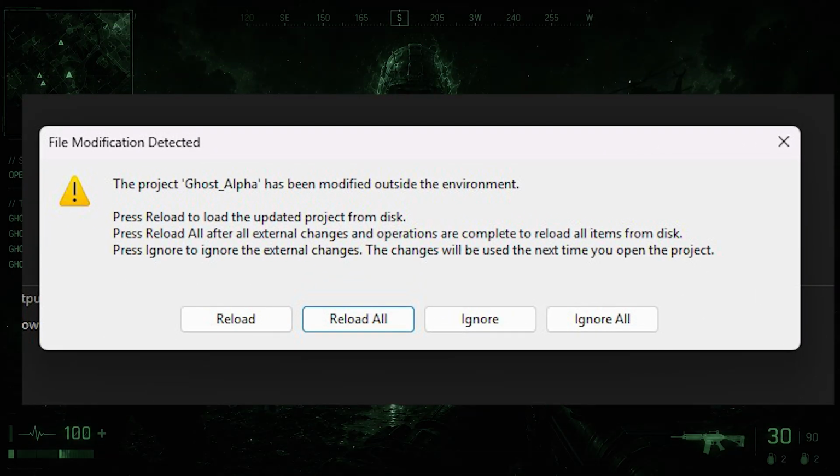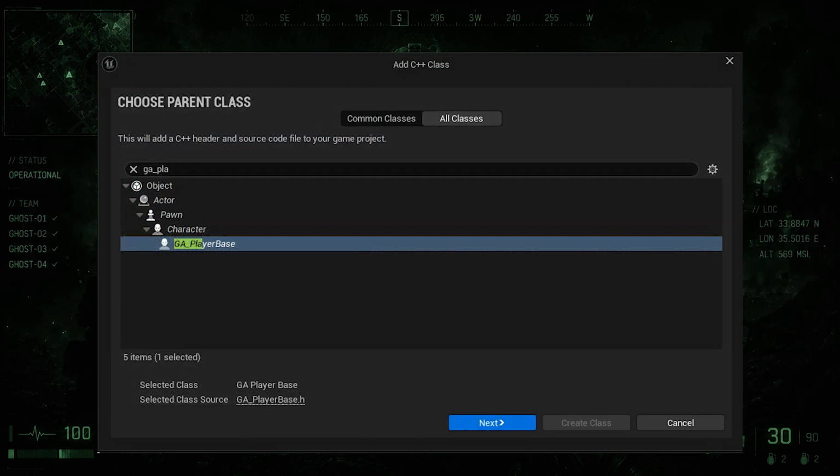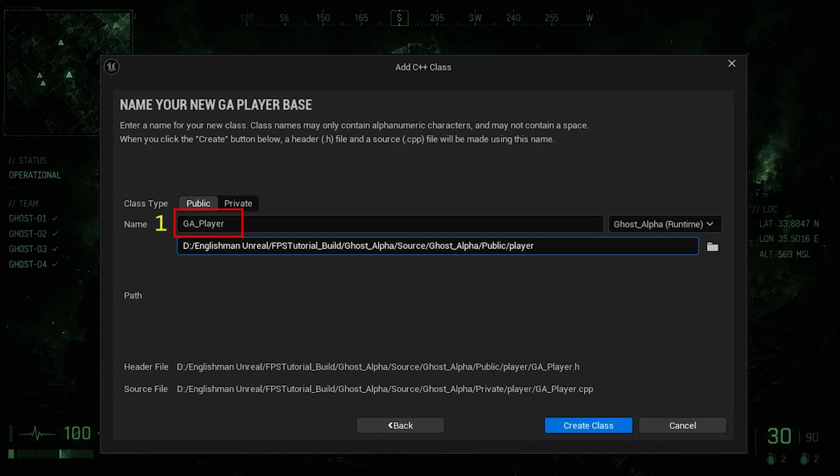When you see this window in Visual Studio, if you are not running the Unreal Editor from Visual Studio, you can click Reload. Otherwise, clicking Reload will stop the Unreal Editor. Remember, when creating custom gameplay classes, always make sure you derive from your own base framework classes whenever possible. For example, Player derives from Player Base, not directly from Character. This gives us centralized gameplay architecture and a cleaner inheritance long term.